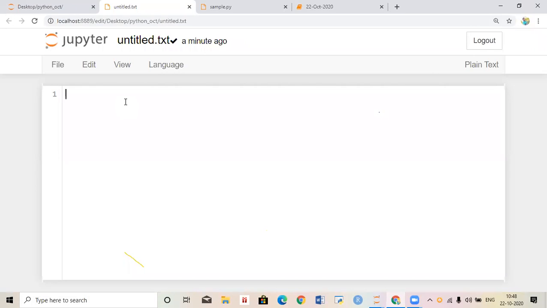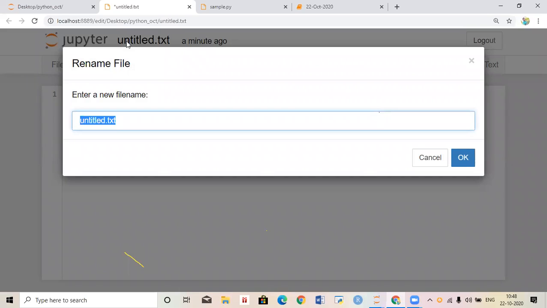Okay. I want to write something in this place. How to write this? Before writing, this must be changed from .txt to Python, .py. Why? Because this is a Python file. That will be changed to example.py. Example.py is mandatory to represent a Python file. Like this we can save.